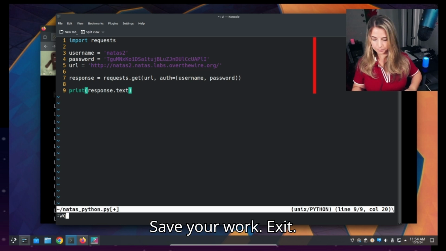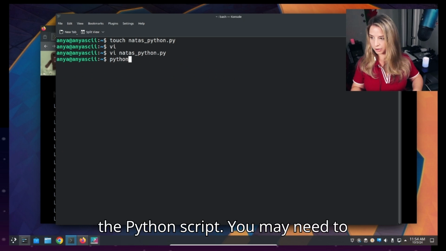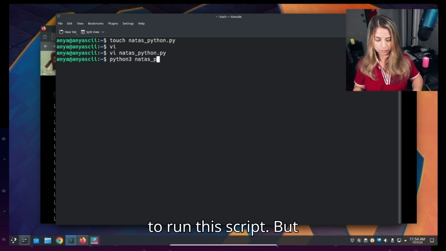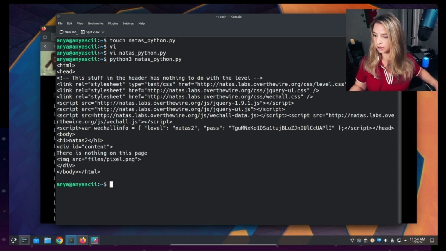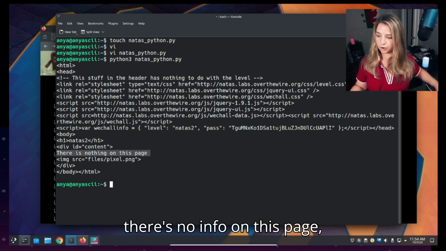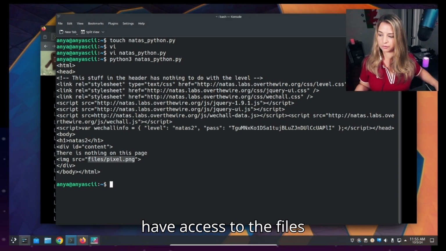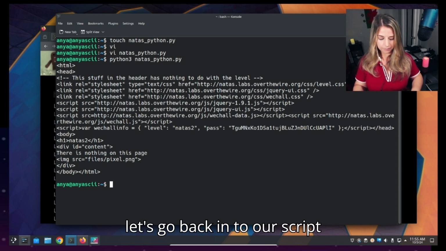Save your work, exit, and now just run the Python script. You may need to do python3 or python. You can run which python to figure out what you need to do to run this script. But this will look familiar to you, especially the curl solution. As you'll see, it's basically identical once you get the results. So there's no info on this page, there's nothing on this page, but we do have access to the files directory. So let's go back in to our script